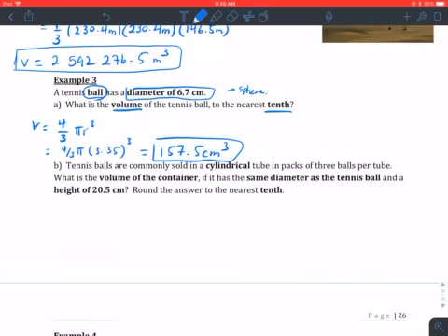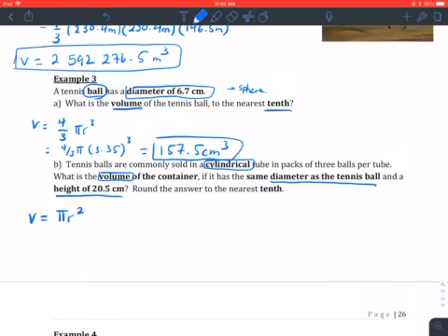Part B, tennis balls are commonly sold in cylindrical containers in packs of 3. What's the volume of the container if it has the same diameter as the tennis ball and a height of 20.5? So we're looking for the volume of the cylinder. We have the same diameter and we have a height. So volume of our cylinder was pi r squared times h. Now if the diameter was the same as the tennis ball, that means the radius is the same. So it's going to be 3.35 centimeters squared. My height is 20.5 centimeters. Once all of those things are in place, we're going to grab our calculators, round to the nearest tenth,